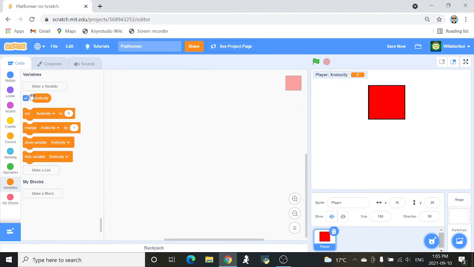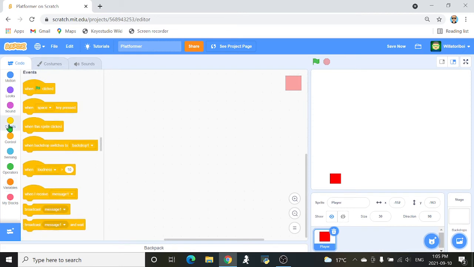And then see this check mark? You want to click it so it doesn't show up on the screen. And then you're going to set the size, maybe like 30. Yeah, that's enough, right guys? Okay, so go to events,